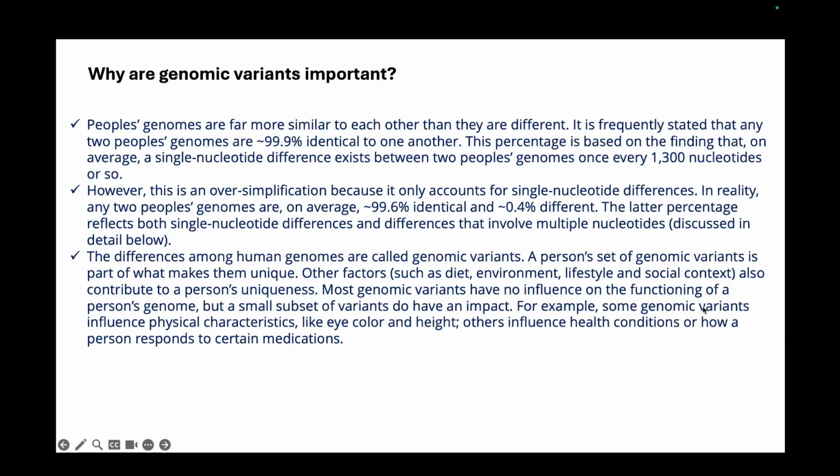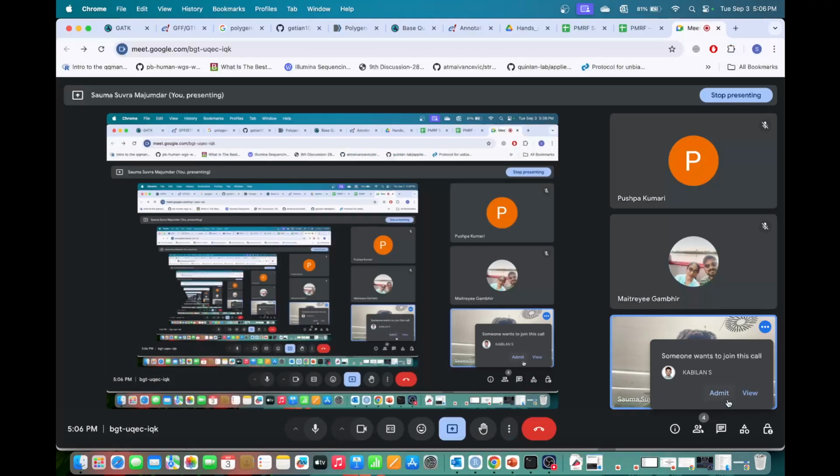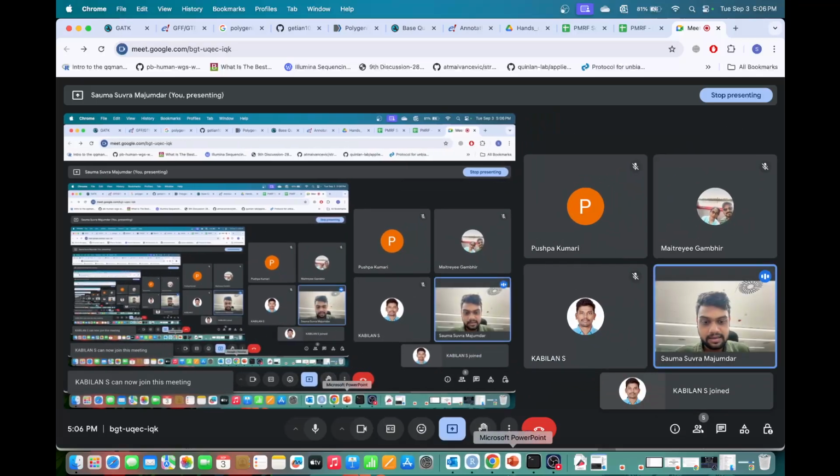These are the variants that cause diseases, that cause different types of phenotype changes in a person. Say, for example, a person is more susceptible to high blood pressure. That might be because there are certain variants associated with high blood pressure present in that particular